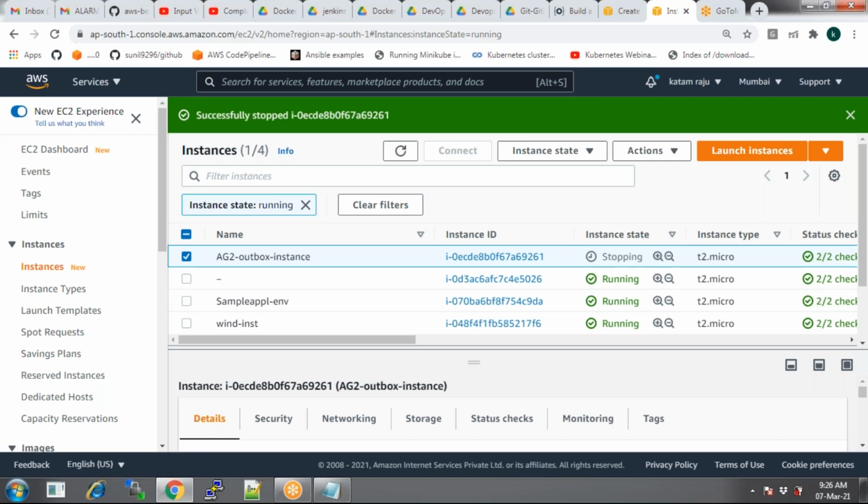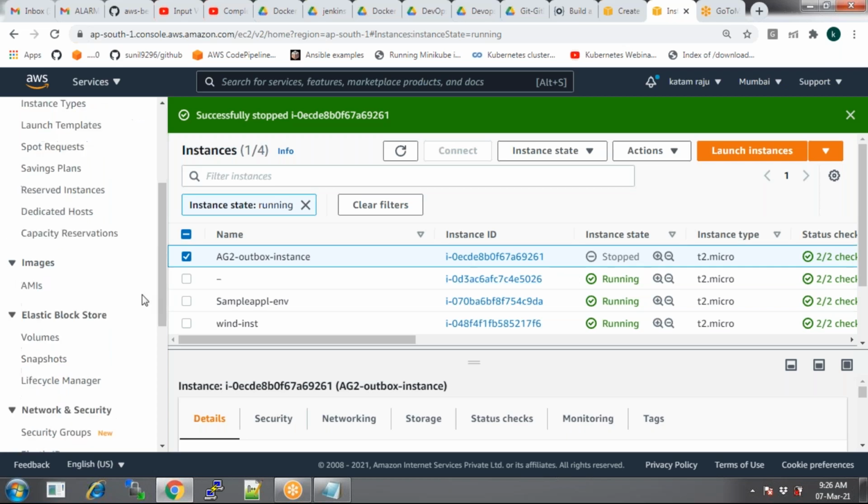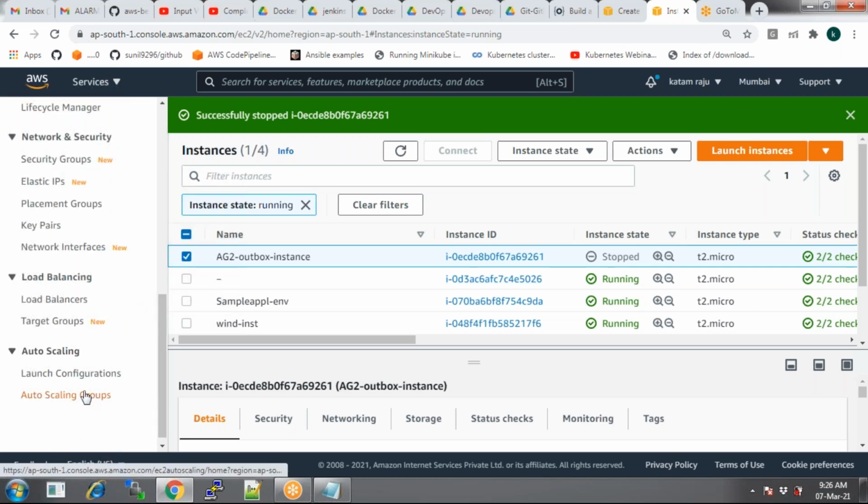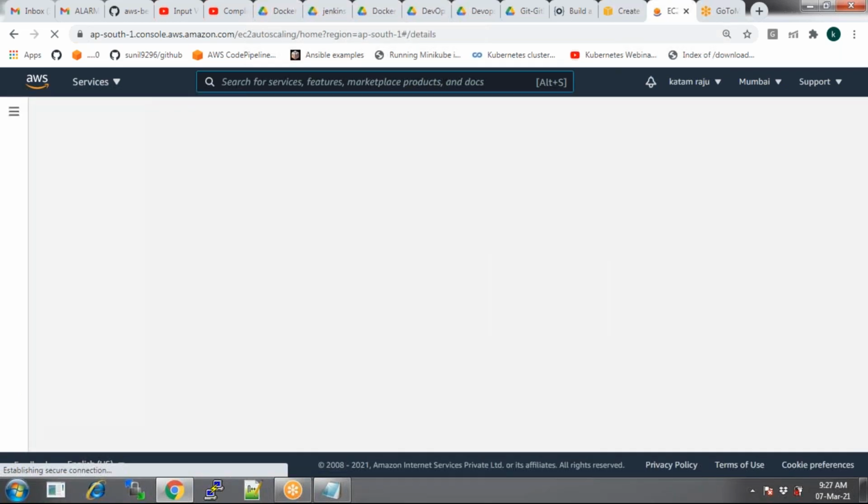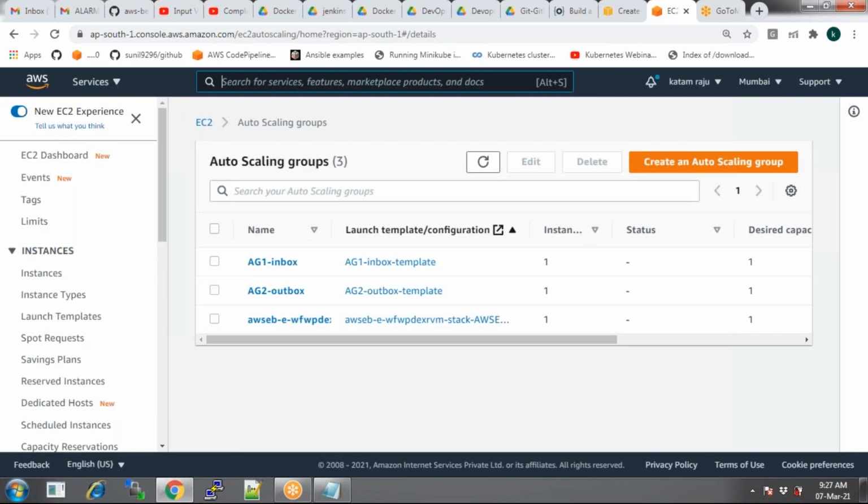Since I've set up all the concepts there, what is the concept? I created an instance. Once the instance is created, I've set up some auto scale groups for that instance, and I've set up all the conditions over there. So what did I do first?